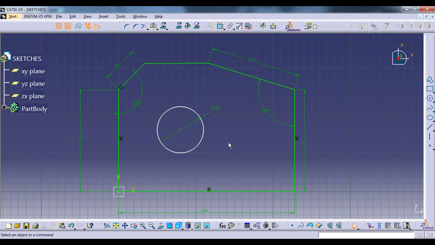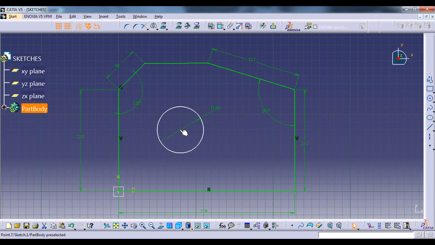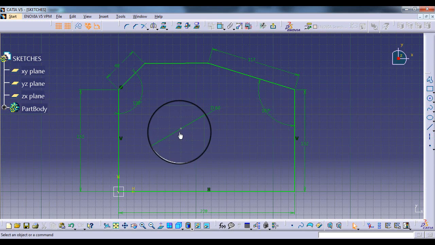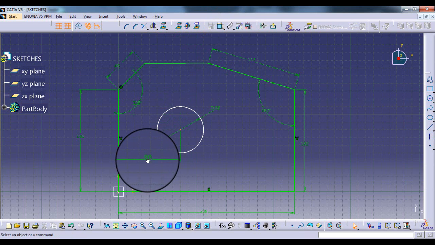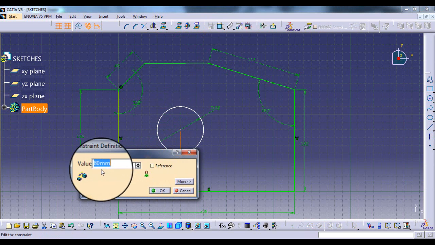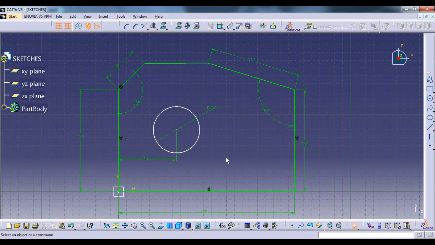Okay, and the center is at 75 mm from this vertical line, so we will adjust according to it. I will select this center point of this circle and then I will select this line and we will adjust this distance to be 75 mm and I will click on OK button.